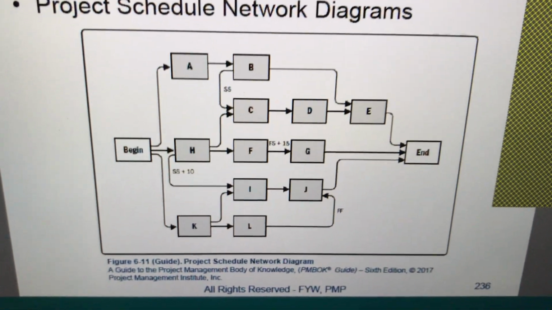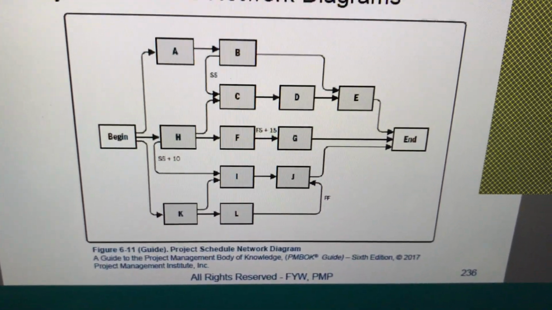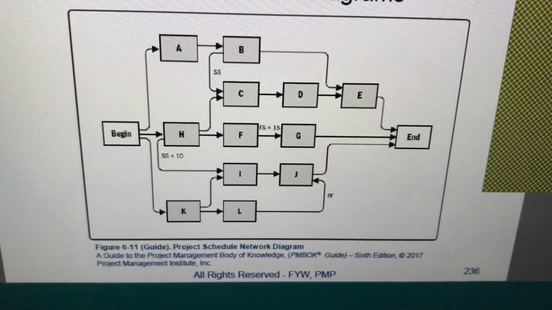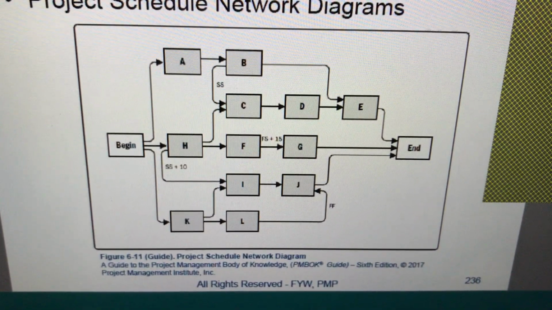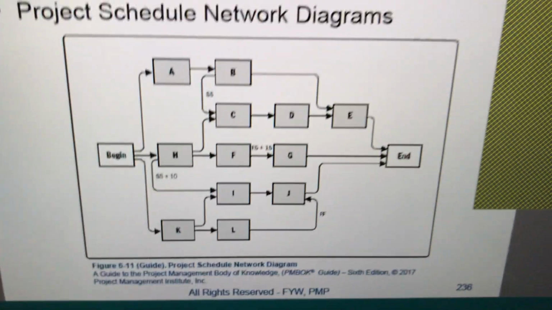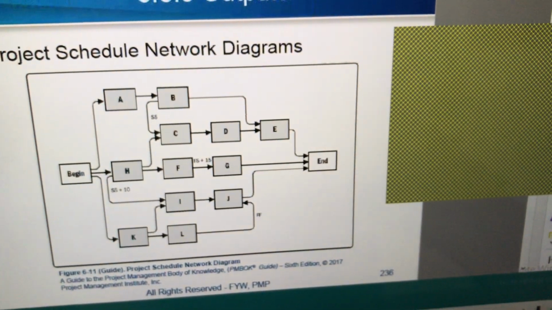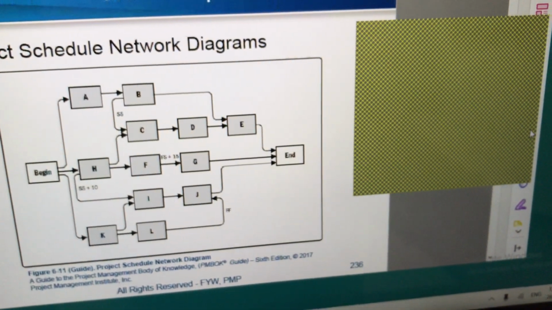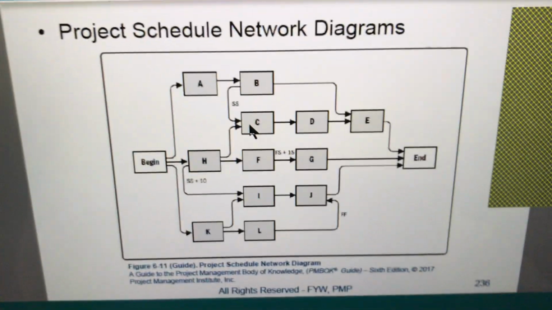So L and J together need to complete. That is, the race has to complete. The finishing of the race and the finishing of touching the ribbon are two activities which need to happen simultaneously. That is the nature of the activity. So this is a complex concept. So my request would be, if it's not easily understandable,